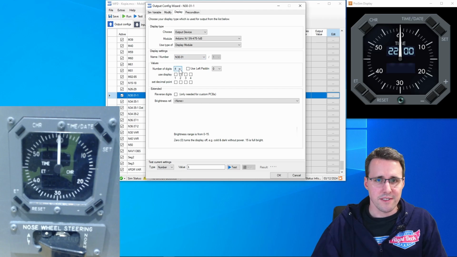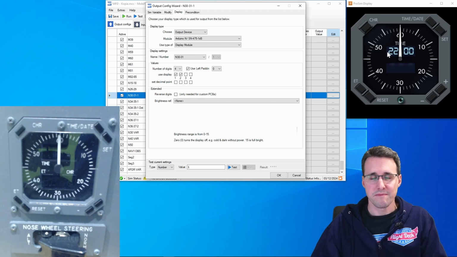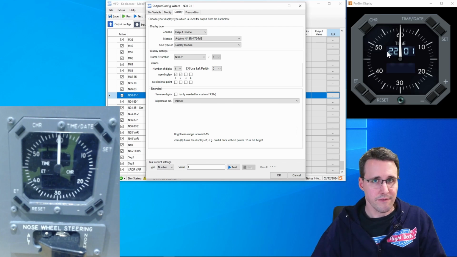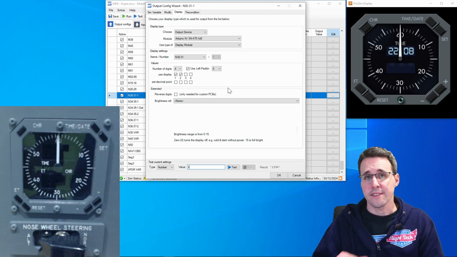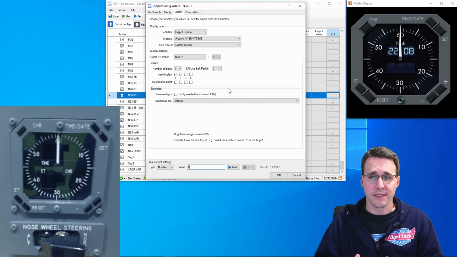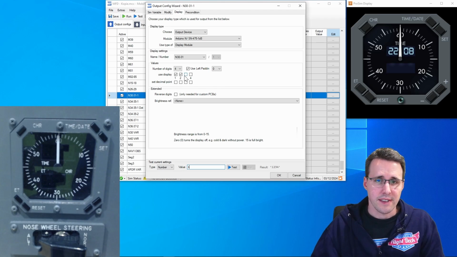The number of digits is 4 and we are using only the first 2 of them. I will use a left padding with zeros. So when the first digit doesn't come from ProSim, it will be replaced by a 0, and then comes the next digit. Let's check the function of the display in general, and for this I'm activating all the